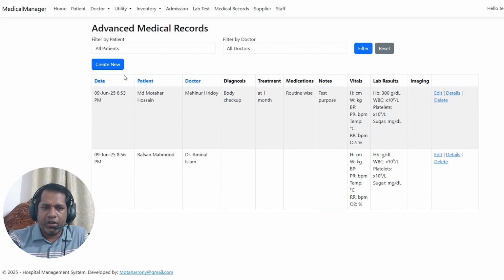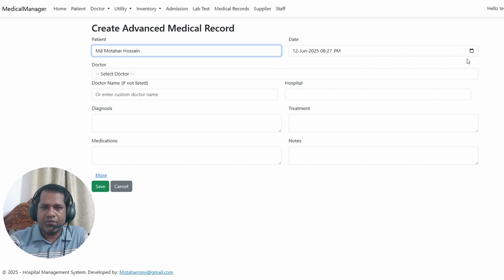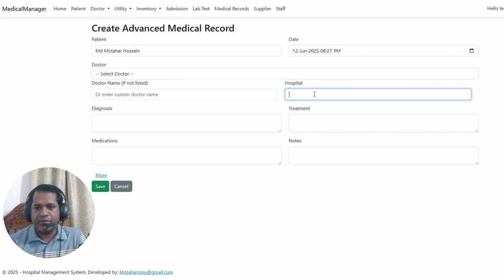This is why this part works very smartly. Create new, and select the patient name, then the date, similarly select the doctor name or write the doctor name, and if the doctor is an outsider, then you can keep the records of which hospital he has already taken